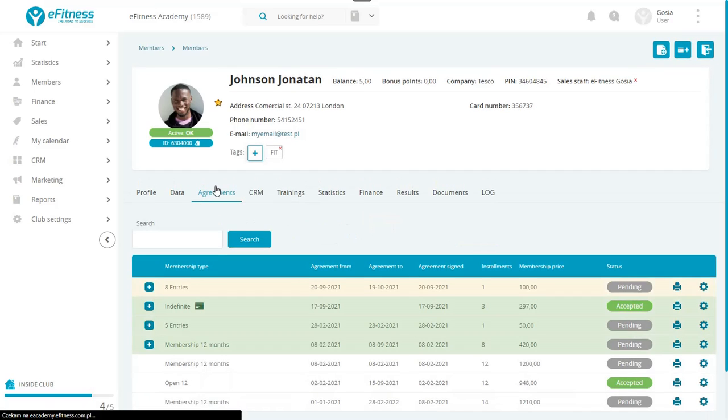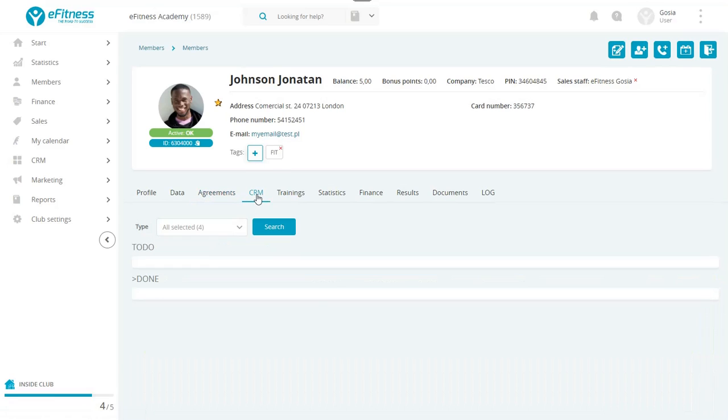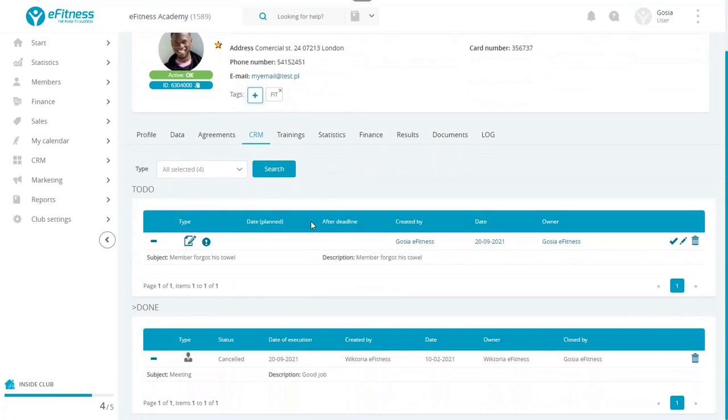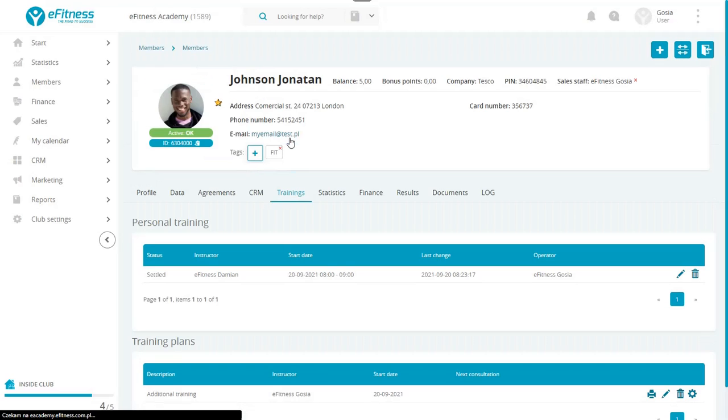In the Agreements tab, you can add new memberships and manage them. The CRM is used to manage tasks related to the member, adding notes to the profile and building a relationship with the member. The Trainings tab allows you to check on your member's training progress and assign a new training